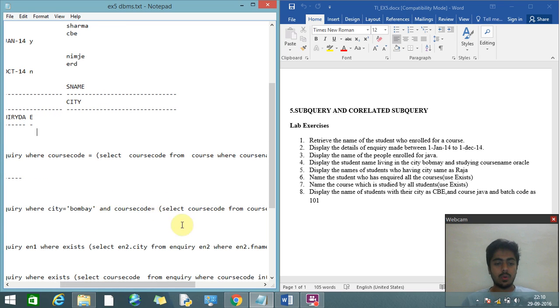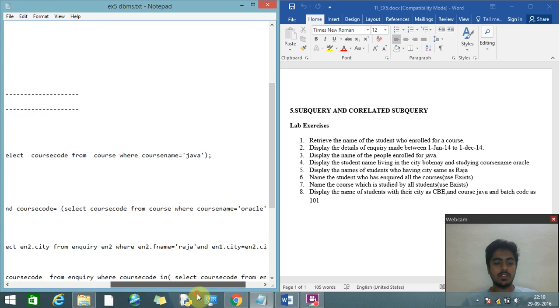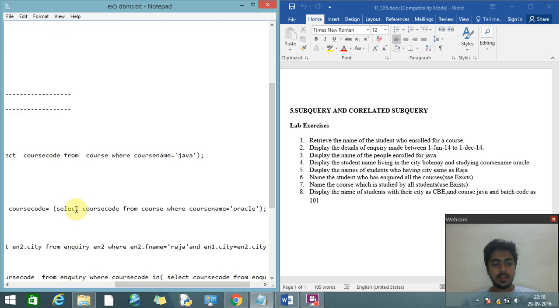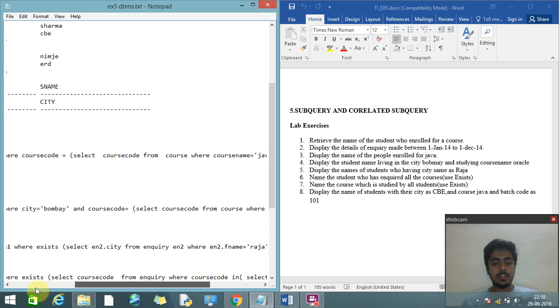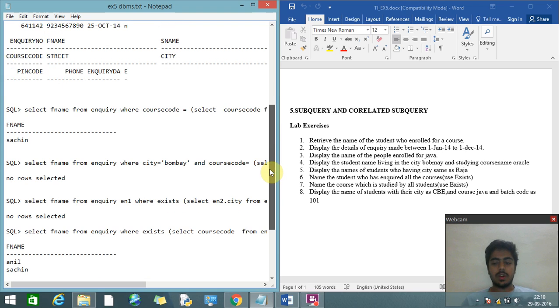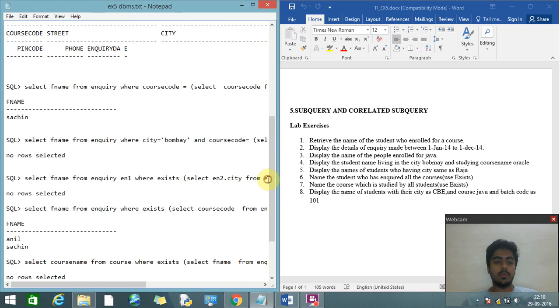The same thing: course code equals, and the subquery starts here: select the course code from the course table where course name equals Oracle. Whoever is studying Oracle and living in Bombay will be displayed. No rows were selected, which means no one is studying Oracle and living in Bombay.